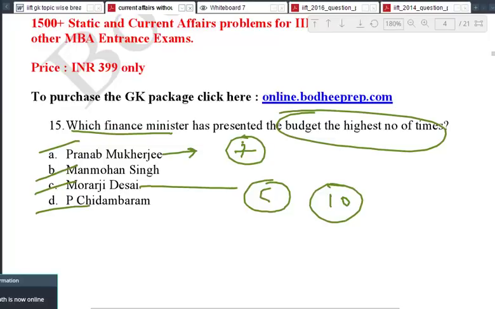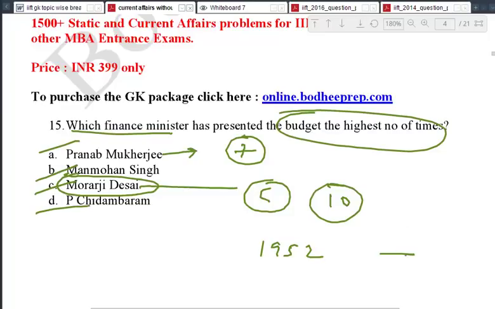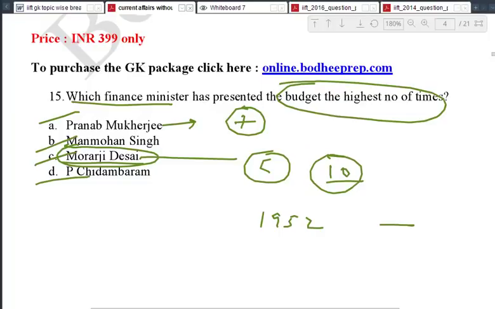Morarji Desai was part of the Congress government right from 1950-52 till I think he became the Prime Minister with the Janata Party. So he left Congress and then joined the Janata Party. This might be a slightly difficult question, but if you're reading about the budget and the finance minister, then you must also know some subtle facts about these people, so that you get more information by tackling just one kind of question.